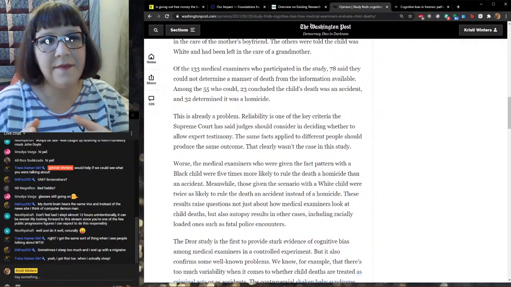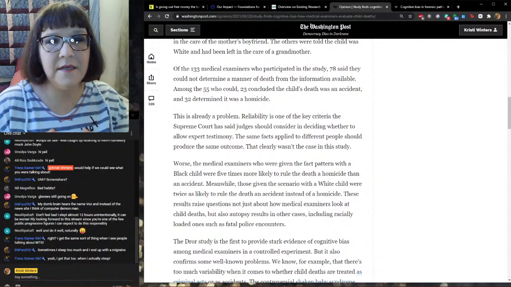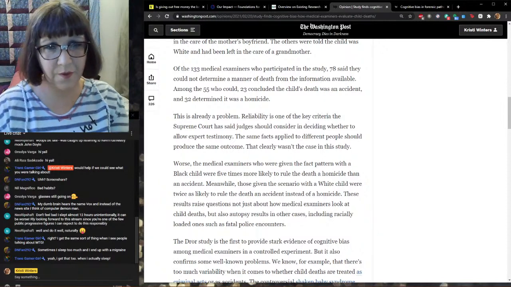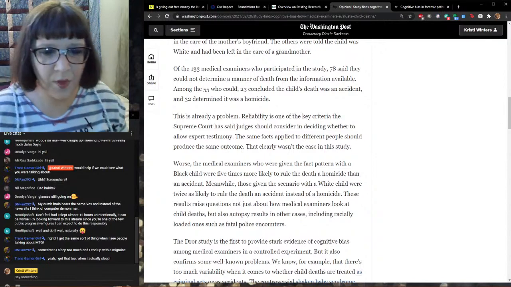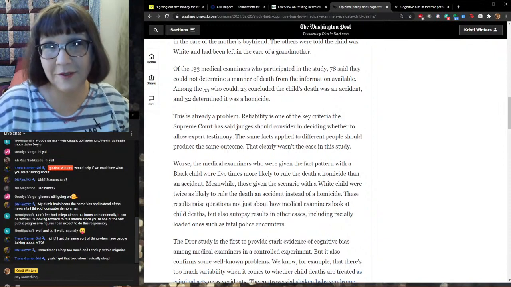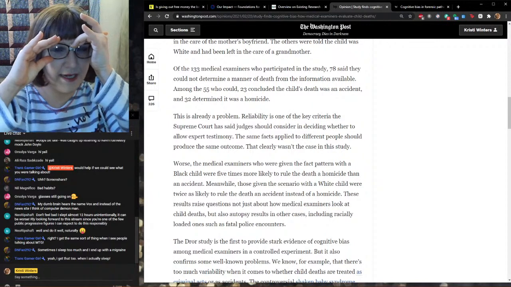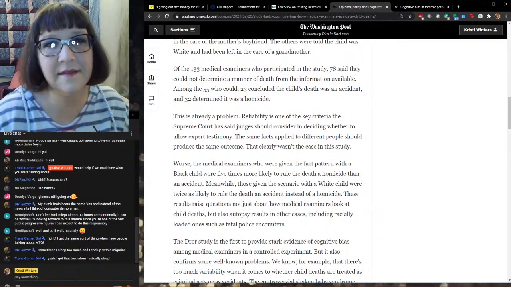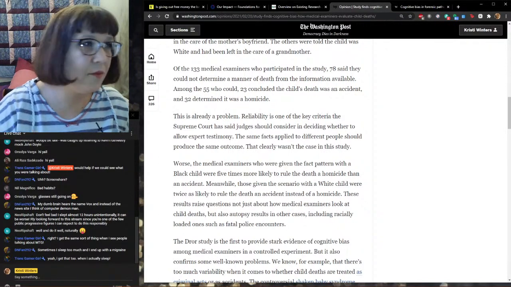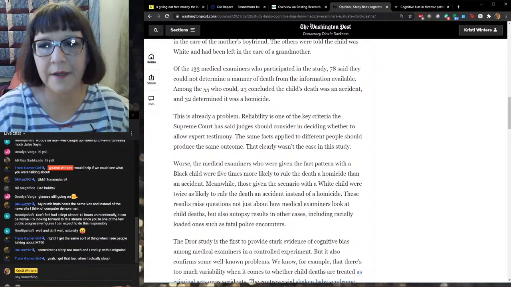And here they're saying these professionals, when presented with the same facts, did not produce a consistent decision in terms of what the manner of death would be. And we know that reliability, like if you have a medicine, you want to know in advance what it is going to do to you, right? And any drug could, in theory, have a reaction at any time, but we want to know generally that things are consistent across populations, age groups, dietary habits, whatever, and that we can predict it pretty well.